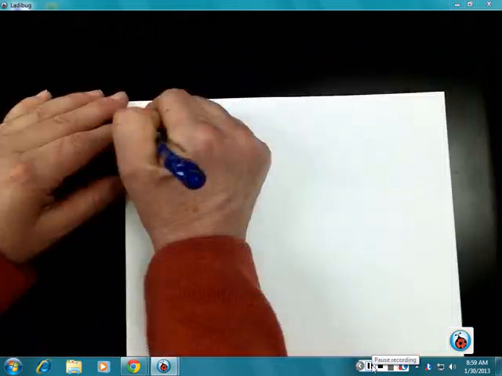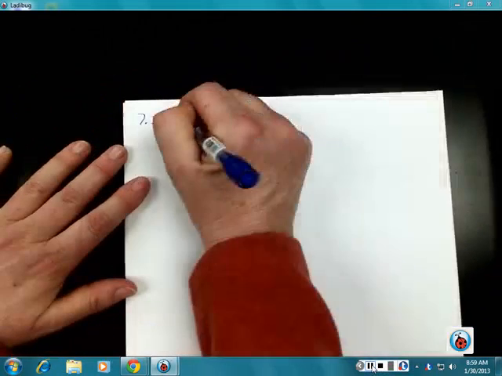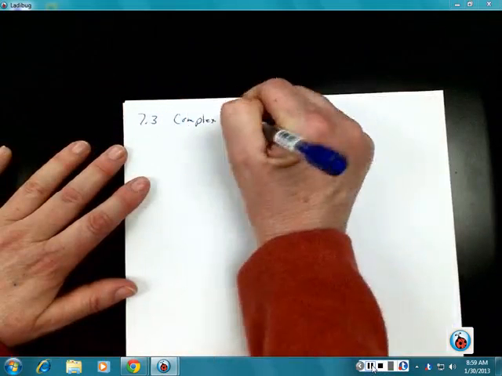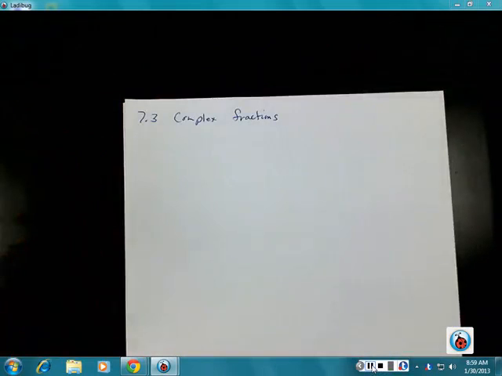7.3. 7.3 is complex fractions. And I think just the name makes you think, oh my word, what in the world do we have going with